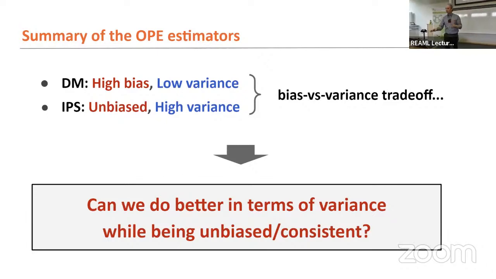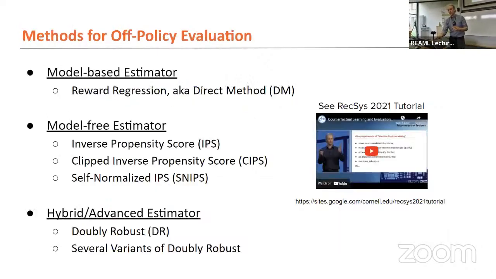And now there are hundreds of papers that go into how you mitigate the variance of the IPS estimator. There's clipping and there's self-normalization. There's a ton of different techniques that you can use. Or how do you make the model-based estimator less susceptible to bias? And again, there are lots of papers like that. I don't want to go into depth here in this tutorial. But as I said, there's a longer version of this tutorial that has a whole section on how to design these more advanced estimators, that if you want to really dive into this would be a good next step.